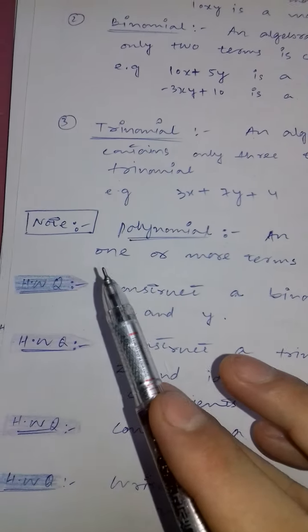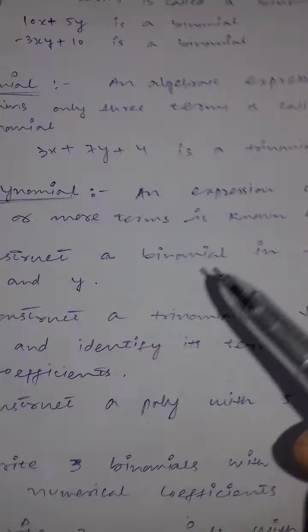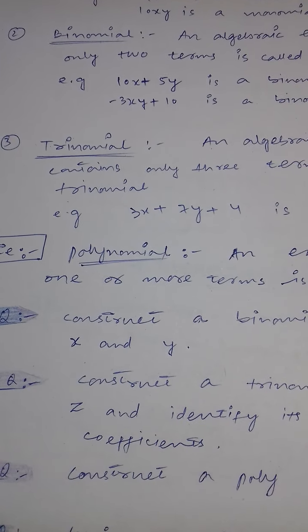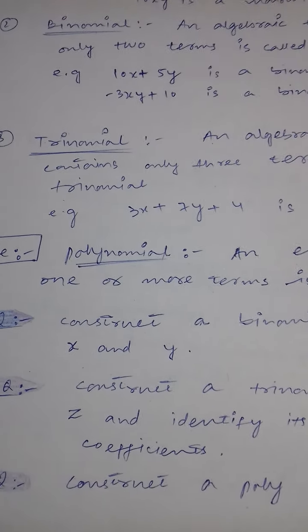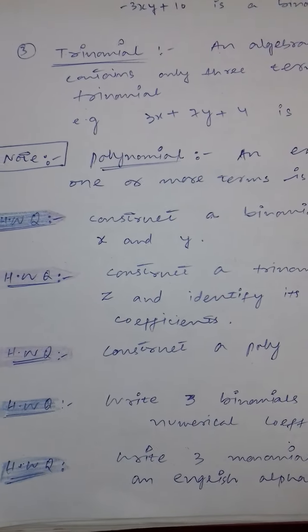And one more thing that you have to remember: an expression containing one or more terms. If an expression contains one term or more than one, means two terms, three terms, 4, 5, so in general we call that a polynomial. And there are homework questions, you can see one by one,